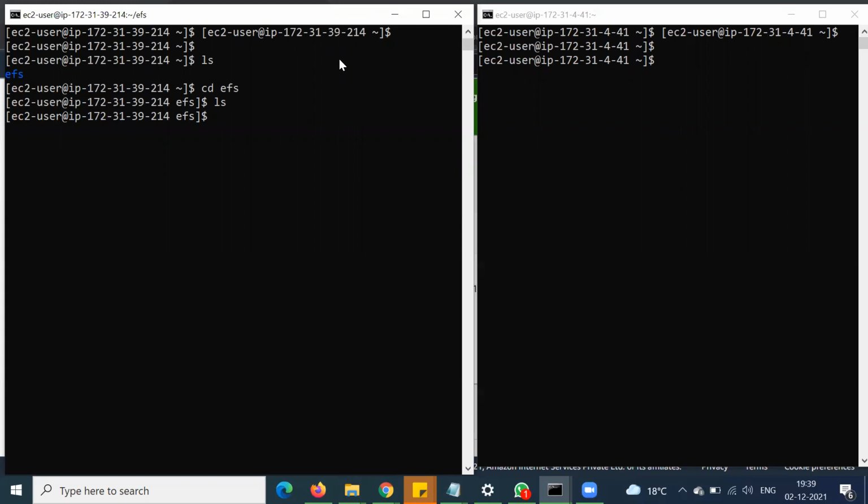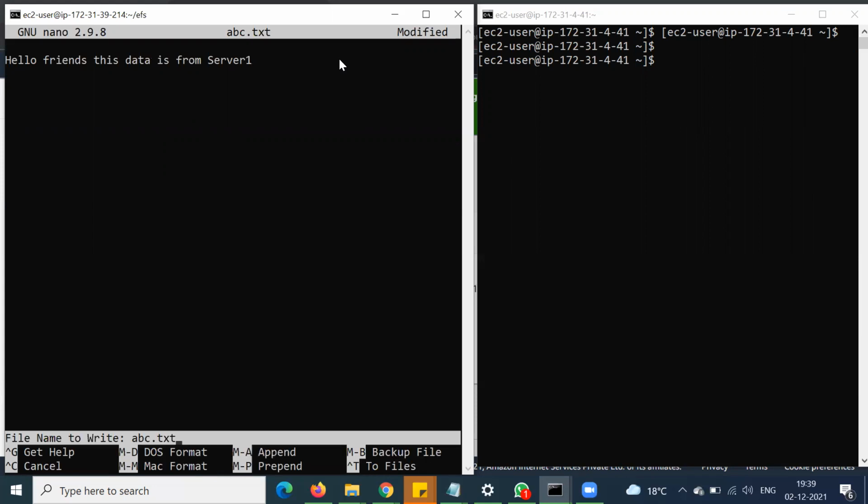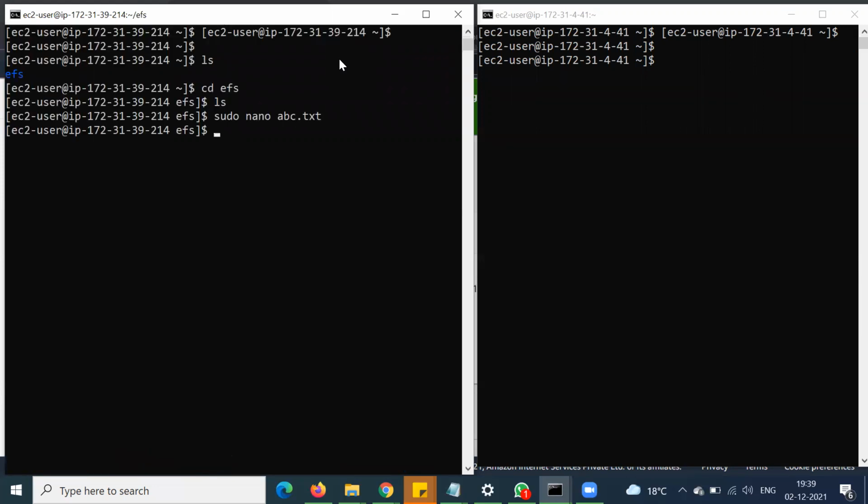Just create any file: sudo nano abc.txt and add something. Hello, and 1, right? We can go there and we can find this document, this abc.txt file here.